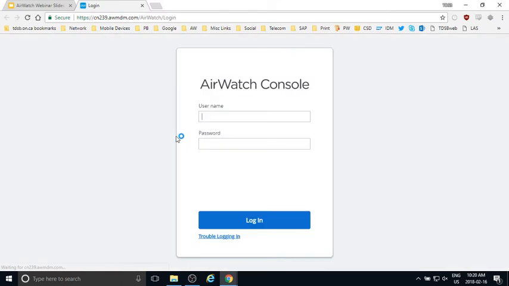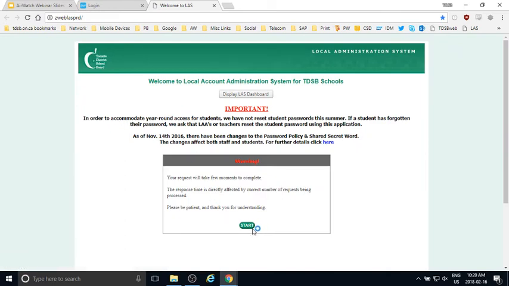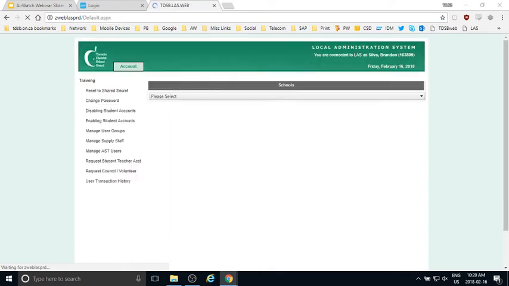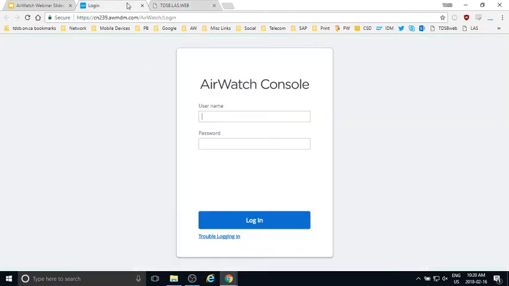Now, here's where you won't be able to get past: it's going to ask you to log in. You will not be able to log in right now, most likely. I mean, unless you're a principal, you can log in. But basically, your principal has to add you in to be an administrator using the LAS system in order for you to have access to AirWatch. So your principal would come into LAS, they would find you on a list, and then add you to the AirWatch group, and then you would be able to log into the AirWatch system here. But I'm going to log in now just so I can show you what it looks like.